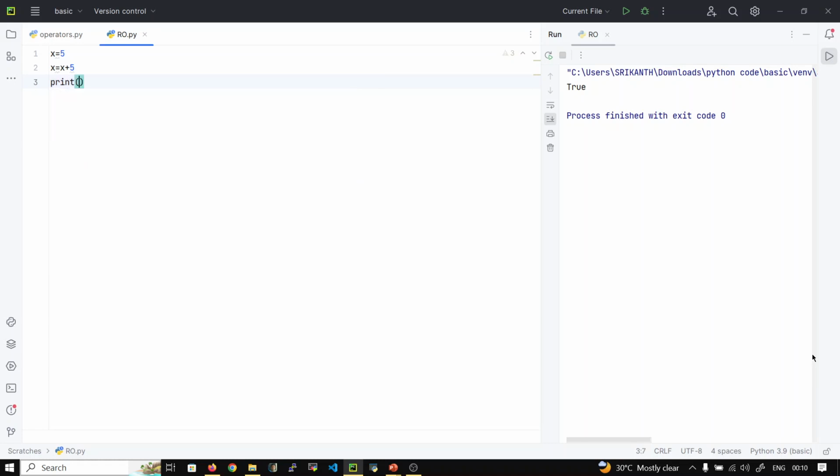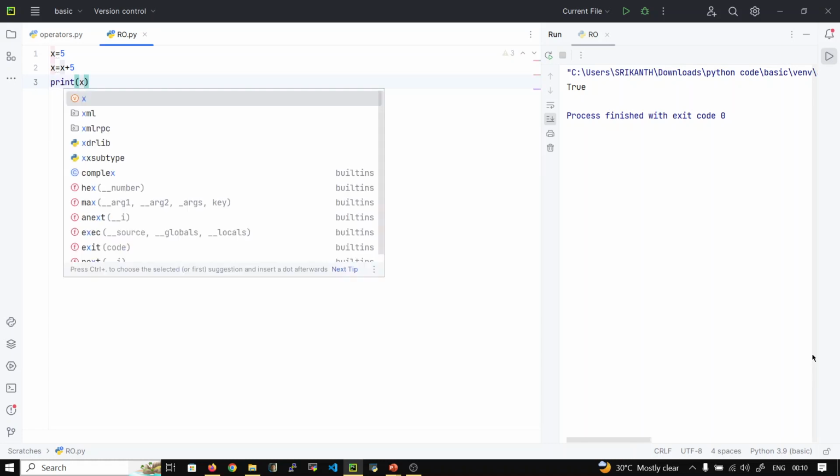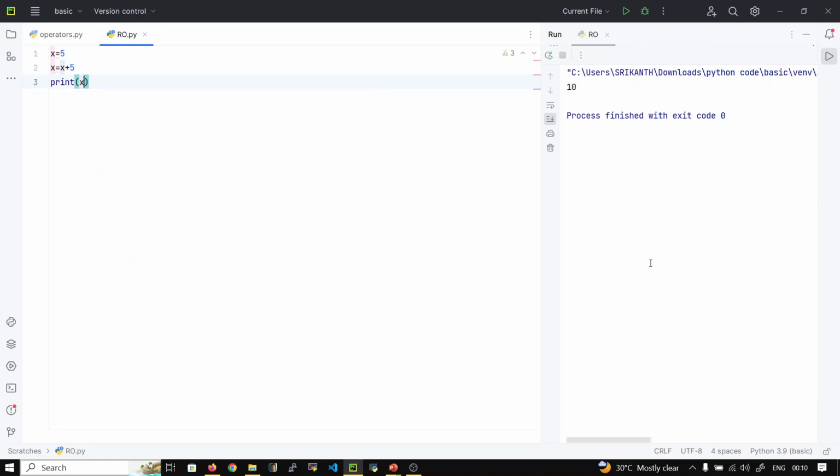Print x. So what are we getting? 10 as a result. What is the value of x? The x value is 5. And suppose I am doing the same thing, x equal to x into 5. What are we getting? 25, 5 into 5, 25. And x into equal to 5. Now in a similar way we are getting the same as the alternative, x plus equal to